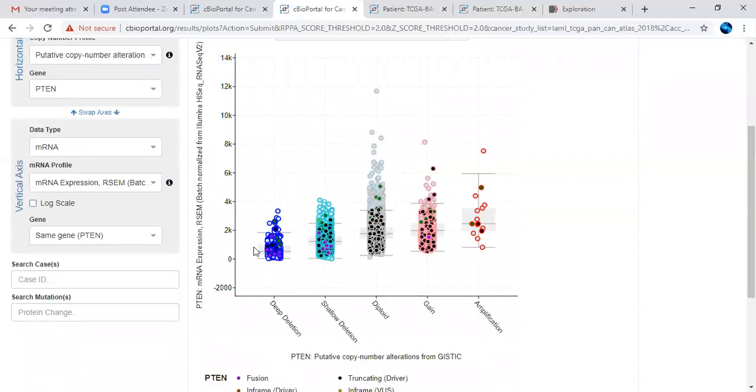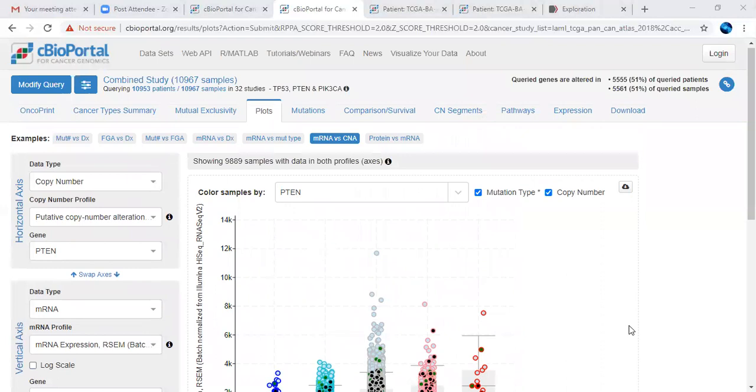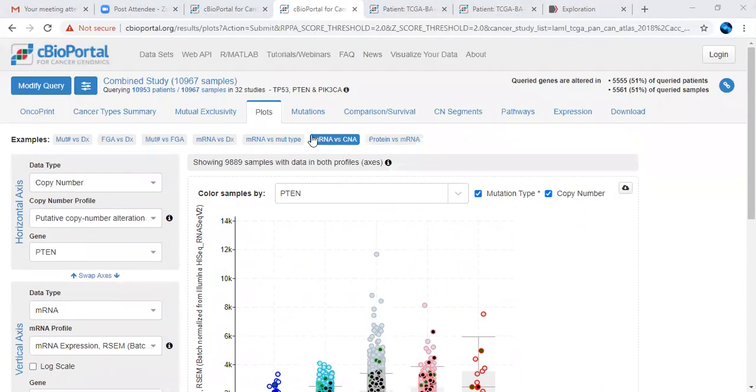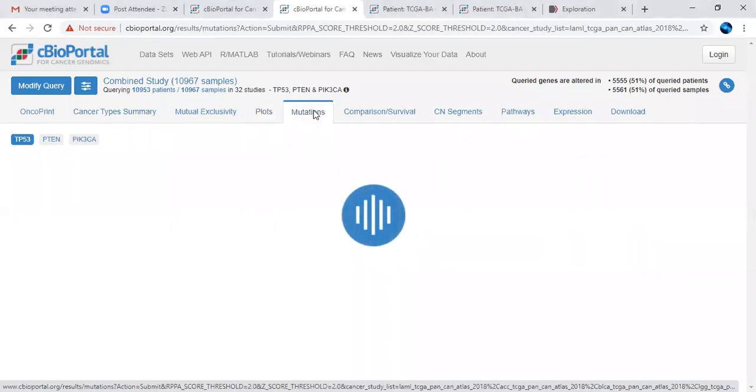So the plot is again changed with respect to the particular search of our interest, that is the PTEN gene. So likewise the visualization you can get after interpreting and analyzing your data. Now we are going to see what type of mutation data they are showing us with respect to this particular search option.